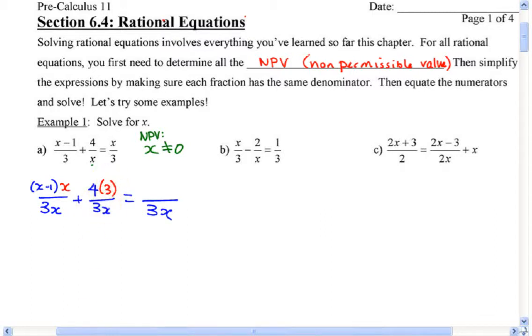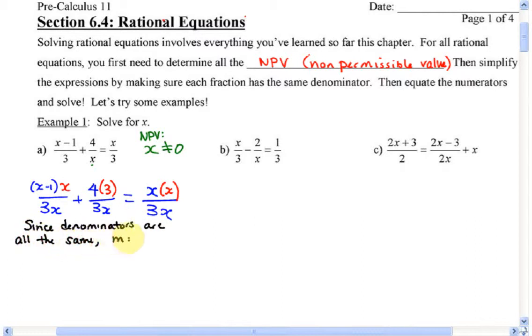And then last but not least, the fraction on the right-hand side, I had a 3, and now I'm looking at 3x. So what am I missing? X, good. Don't be afraid to answer. We're here to learn. Okay. So the idea now is once you've made all the denominators the same, well, that just means that the numerators should be the same. So after this step, what I suggest you do is let's not worry about the denominators anymore. So I'll say something like this. Since the denominators are all the same,